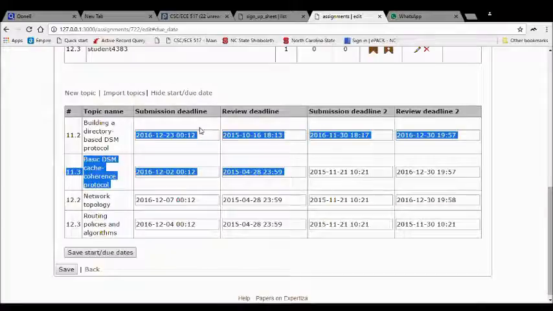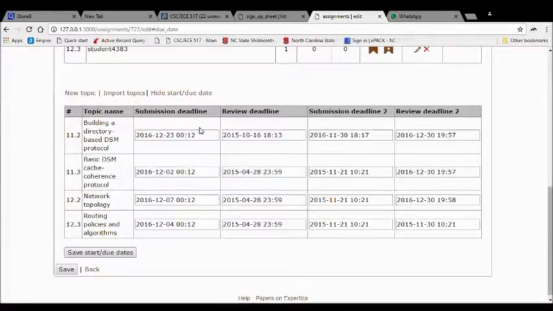So for the first submission deadline, we can see that for this topic 11.2 and for this topic 12.2 network topology, the deadline has not yet been over, so the deadline is in the future for both of these topics, and for these two topics 11.3 and 12.3, the deadline is already over. So now